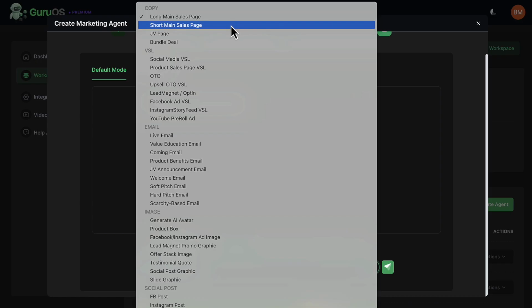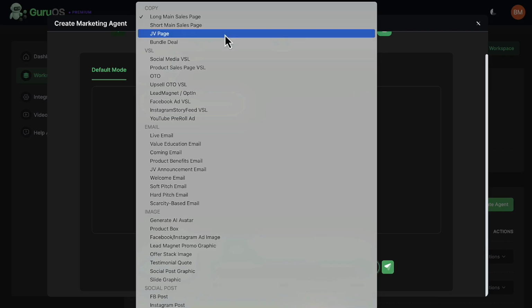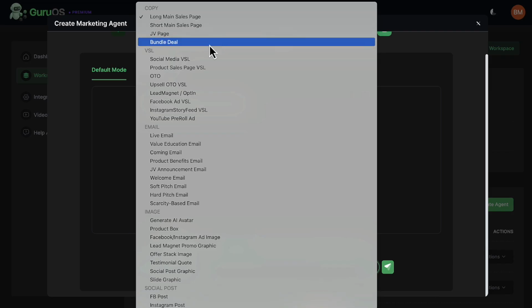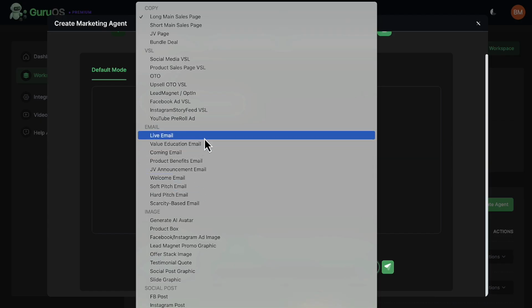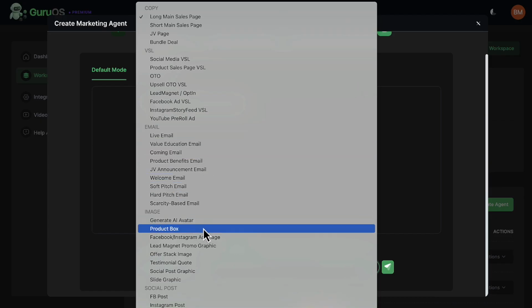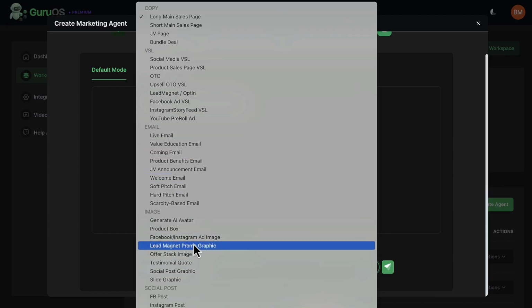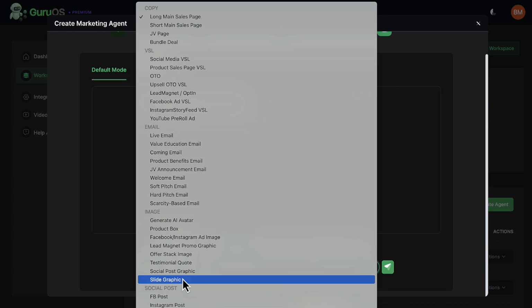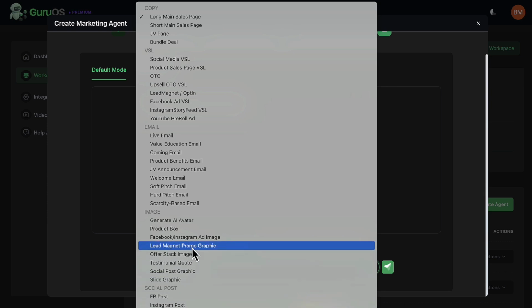For example, if you want to write a landing page, it's going to use the same sort of system and framework that we've used to create our landing pages, or create our JV pages, or even bundle deal pages, and write emails like when the product's live the way we write them. And it can even create graphics materials like particular graphics for slides for your video course, for ads, pre-launch ads, social media posts, Instagram posts,